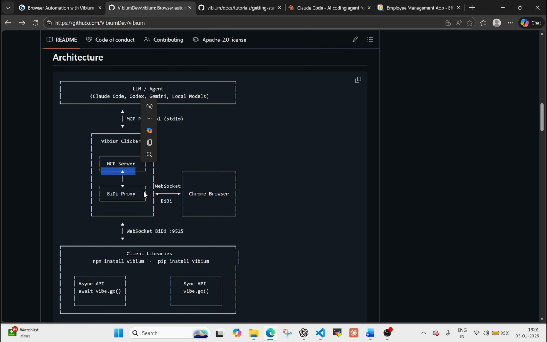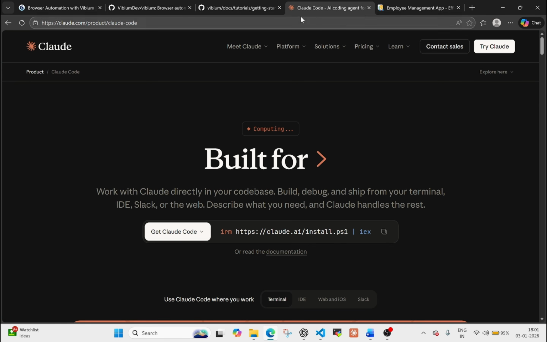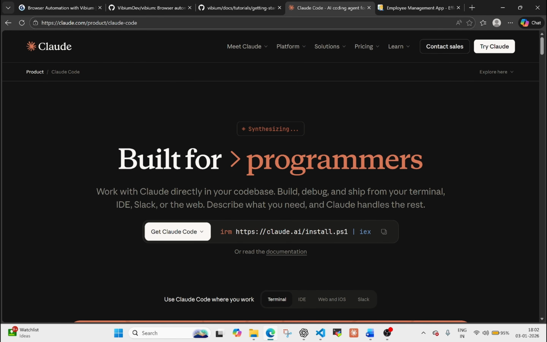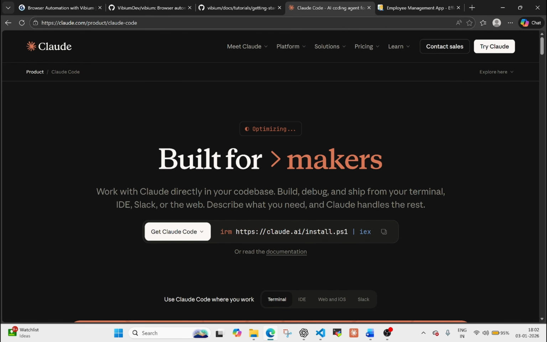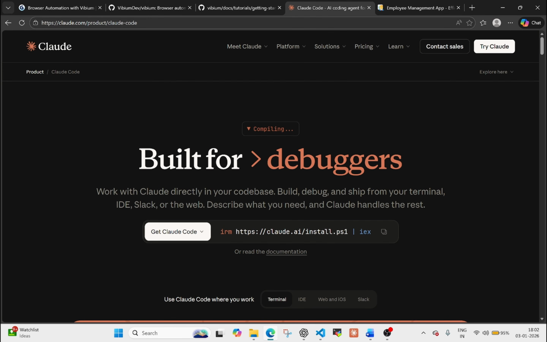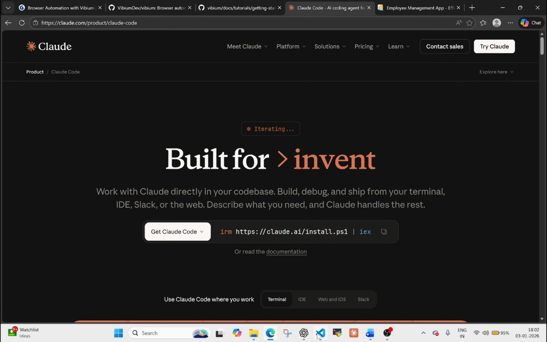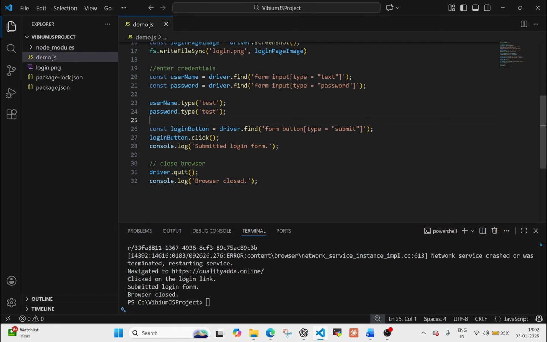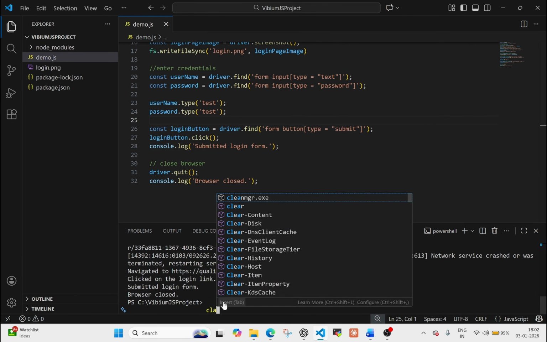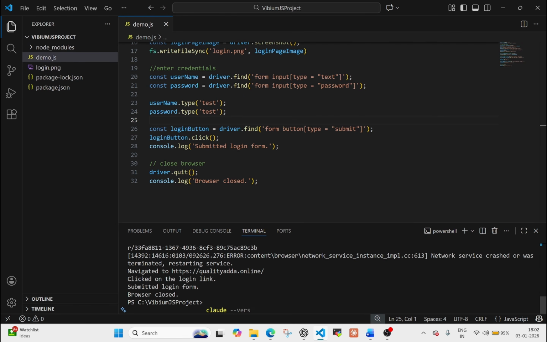Check if you have Claude installed in your system. For example, if you go to the official claude.com, you can install Claude. If you're using Mac OS or Windows, you can just go and get Claude Code. There is another way to install Claude Code in your IDE. Let me go to Visual Studio Code. Here in the terminal at the project root folder, I will type claude --version